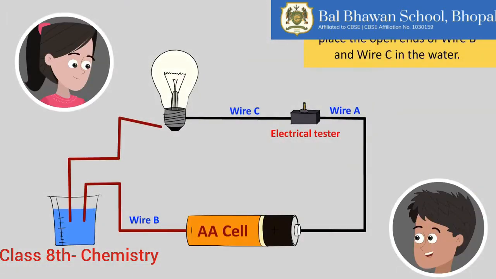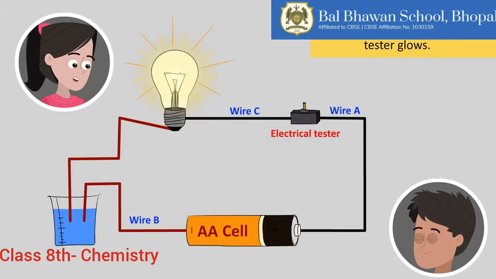So we will arrange the circuit as shown in this diagram, and we will place the bare ends of the wire in the tap water, and we will find that the bulb will glow. This proves that tap water is a good conductor of electricity. But if we try the same with distilled water, the bulb will not glow because distilled water is a